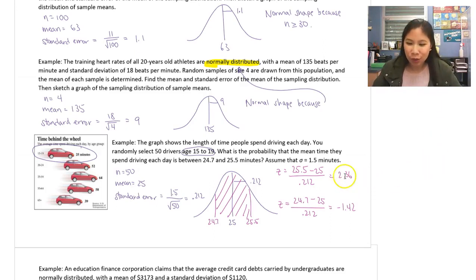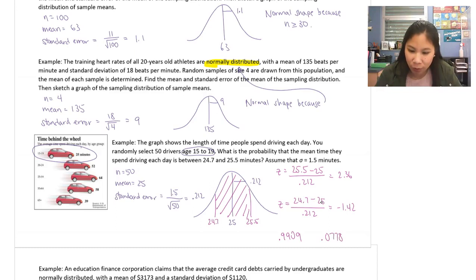I end up with z-scores of 2.36 for the 25.5 and negative 1.42 for the 24.7. So now we need to use the table to find the percentages that go with each of these z-scores. For the 2.36, if you use your table correctly, you should be getting 0.9909. And then for the smaller one, the z-score of negative 1.42, we end up with a percentage of